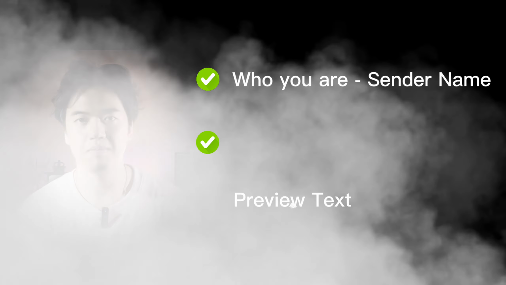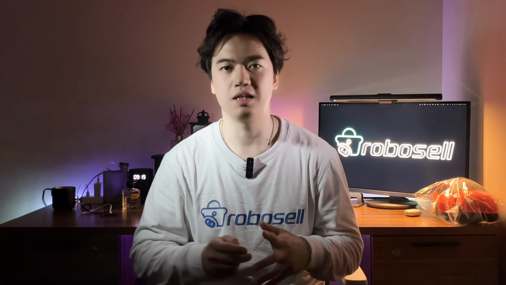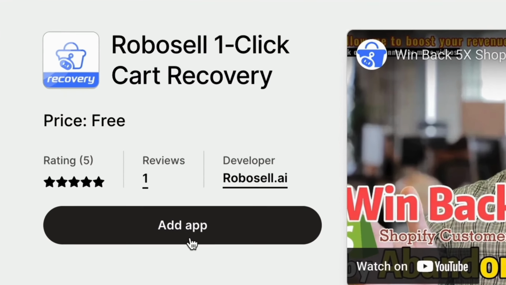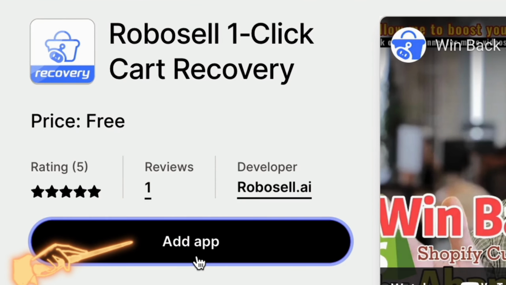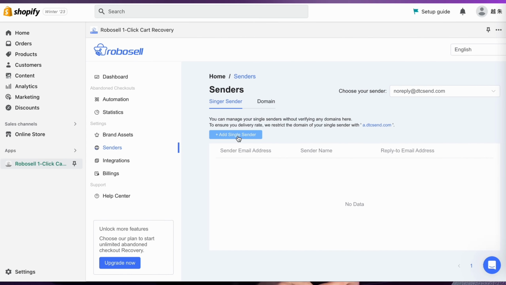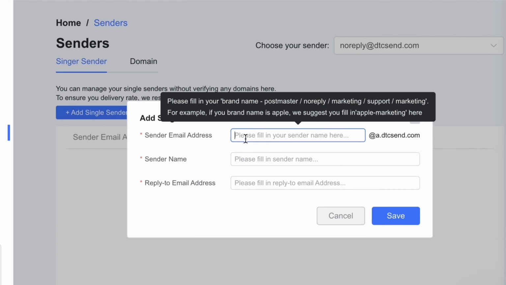So in order to simplify and streamline the process, you can use Robosell, a specialized abandoned checkout recovery tool. You can find and install it in Shopify App Store and get the 100 free abandoned checkout recoveries from the pop-up. And then go to sender, add your own sender with your brand name, and then go to automation, open